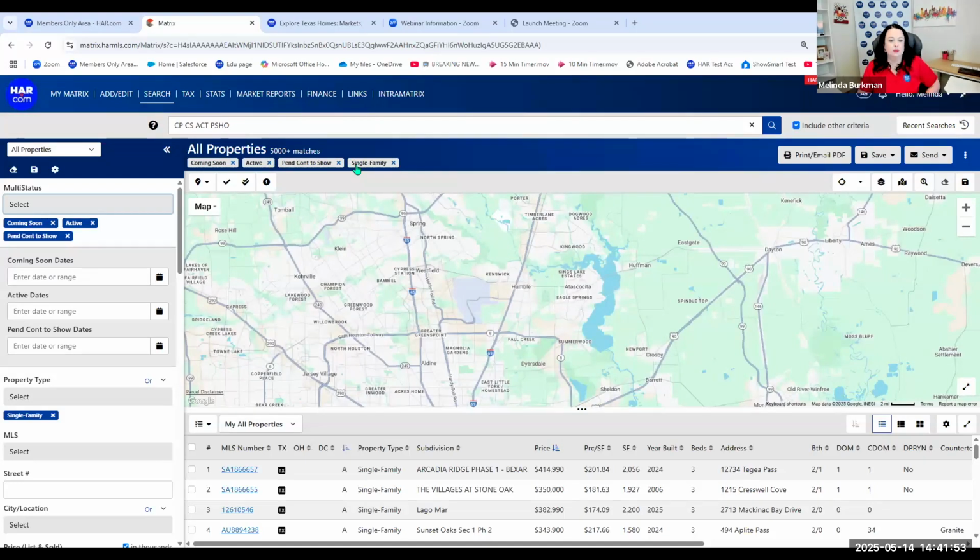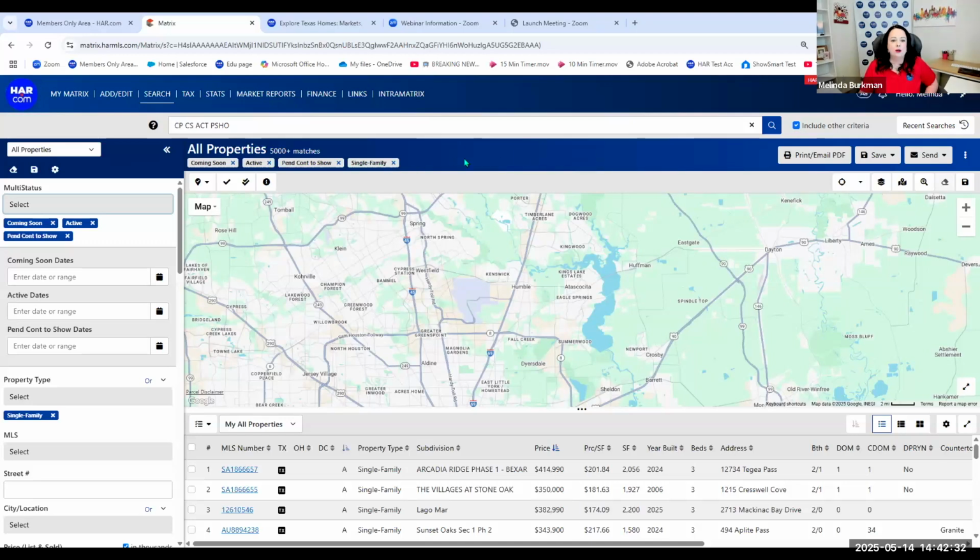We've got to narrow that down a little bit, but I want to show you the other reason why I love this search. I don't know how many times I've been in a class, usually a CMA class, and we are doing a search all together, and suddenly I have no matches. And I don't know what I pushed to get every match that I had to disappear. On this search, I know everything across the top that is affecting my search. So there's no question. Usually it's EV charging station or a pool. And I was showing someone how to find that button and I forgot to unclick it, right?